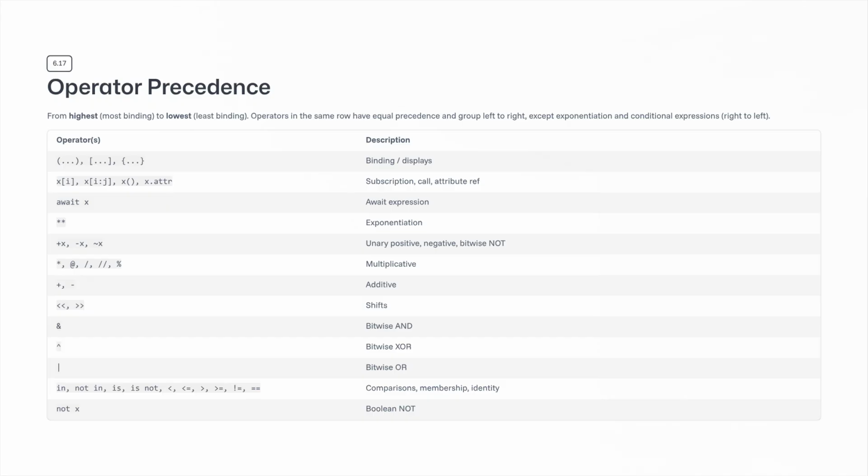Section 6.17. Operator precedence. This is the full table from highest to lowest binding. At the top, parenthesized expressions, list displays, dict and set displays, then subscriptions, calls, and attribute references, the primaries, then await, then double star, exponentiation, then unary positive, negative, and tilde, then the multiplicative operators: star, @ sign, slash, double slash, %, then additive, plus and minus, then shifts, double less than and double greater than, then bitwise and, single ampersand,